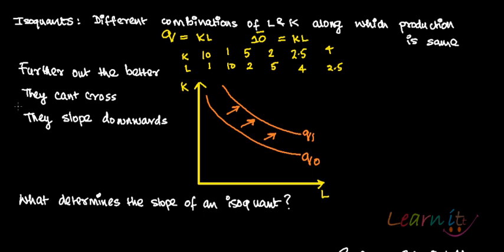Why do they slope downwards? Because this involves a trade-off between capital and labor. This involves a trade-off between capital and labor. Say, for example, if you are at this point,